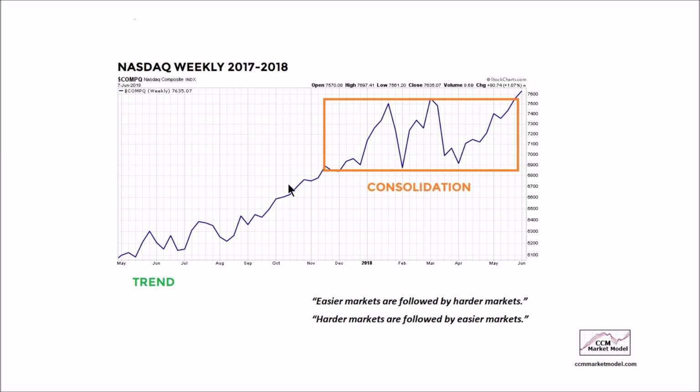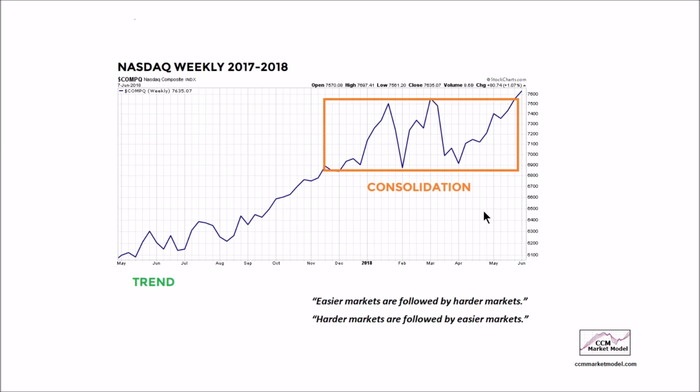Easier markets, this is our easier market, are followed by harder markets. This is our harder market. Eventually, harder markets are followed by easier markets. We don't know whether the easier market is a bullish breakout or bearish breakdown, but in both cases, we would go from a trendless market and revert back to a trending market. It appears as if we are trying to revert back to a bullish trend based on the fact that we've exceeded this high here that was made in March and exceeded the high that was made on the weekly chart